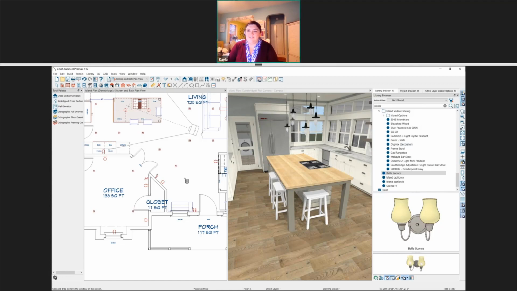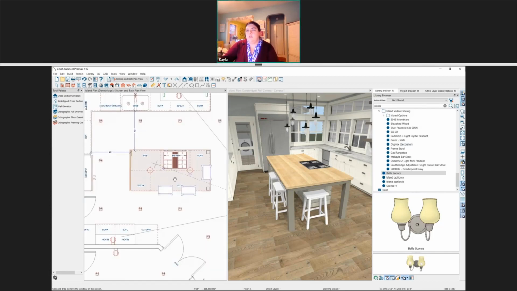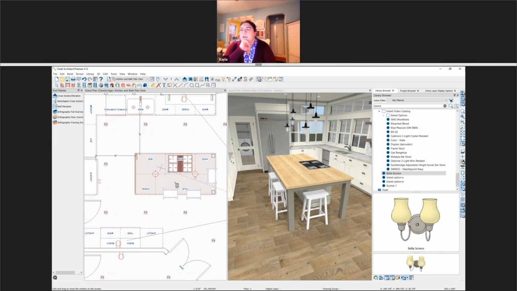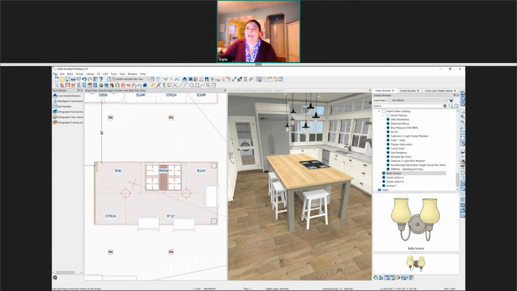Oh, great. And the other question is, I always had trouble doing the plan view for the island. Is there any easier way to do the plan? Delete the back, because I used to put the wall in the back. I'm not sure I understand. Can you say that again? So what do you want to do with the plan view? I like to make a plan view of the island without the cabinet in the back. Okay. So when you send to your layout, I assume you're talking about in your construction documents, you want to just show the island?